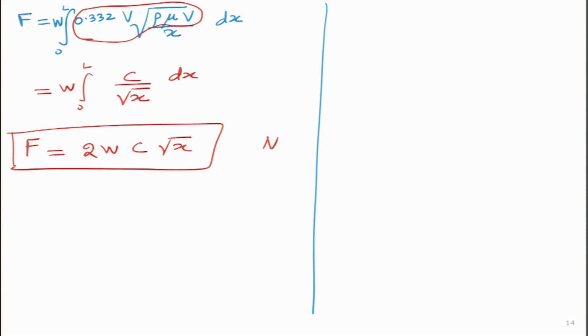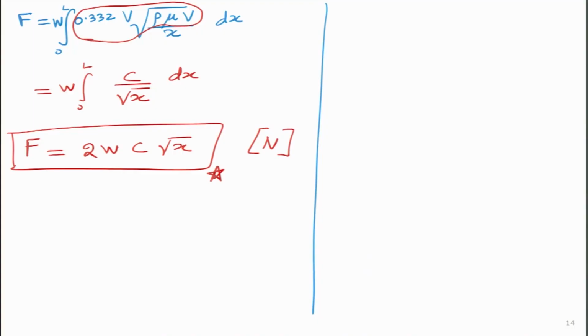So, this force I am able to obtain in terms of newtons, which means just by knowing the Blasius solution and knowing the free stream velocity, which is coming from the left hand side as u infinity or capital V, whatever I call it, and the length of the plate, I can figure out just by applying the assumption for laminar boundary layer how much drag force will actually be acting on that. And this is the expression for that particular thing, and we can look into more detail later on.